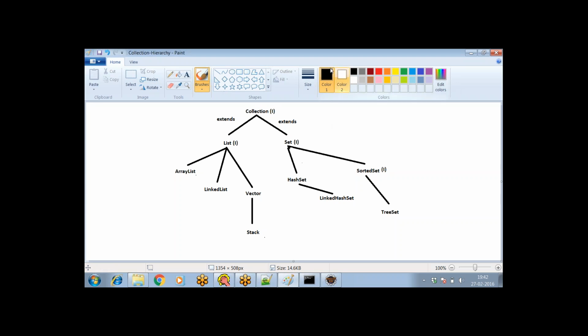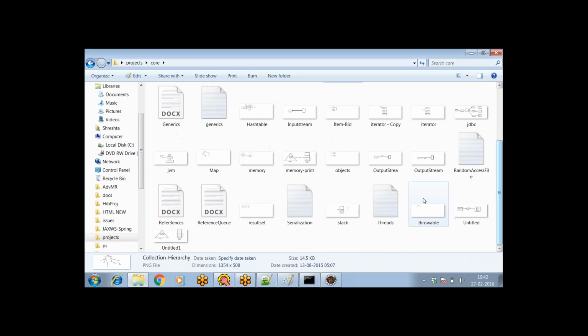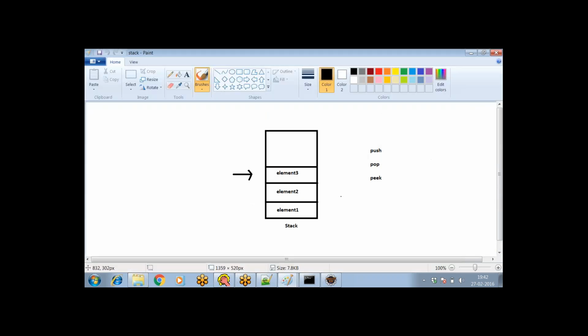class. So actually this class implements the stack data structure. We'll see the data structure once. So we have some terminology which we use here. What is the terminology? First of all, when we talk about the stack,